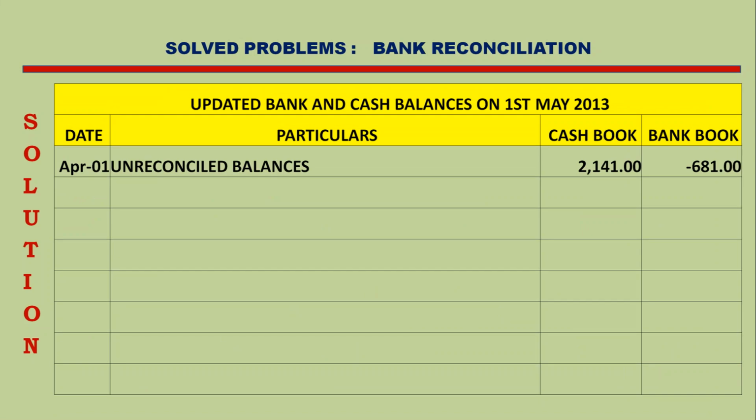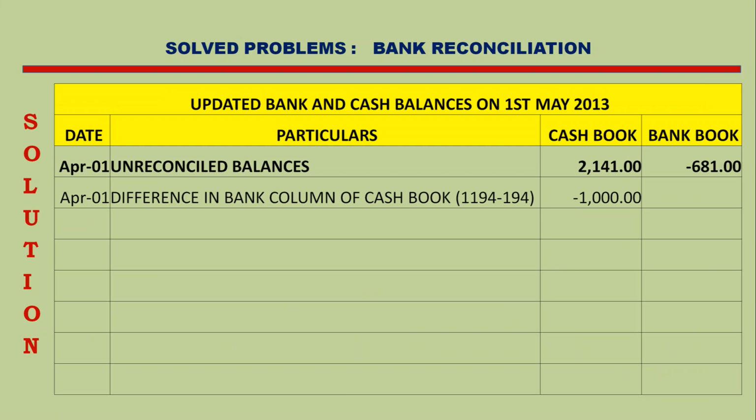Updated bank and cash balances on 1st May 2013. Date, particulars, cash book, bank book. April 1, unreconciled balances as per cash book 2141, as per bank, credit 681. April 1, difference in bank column of cash book 1194 minus 194, minus 1000 in the cash book column. April 4, difference in cash paid into bank 1260 minus 1250, 10 in the bank column, add 10 in the